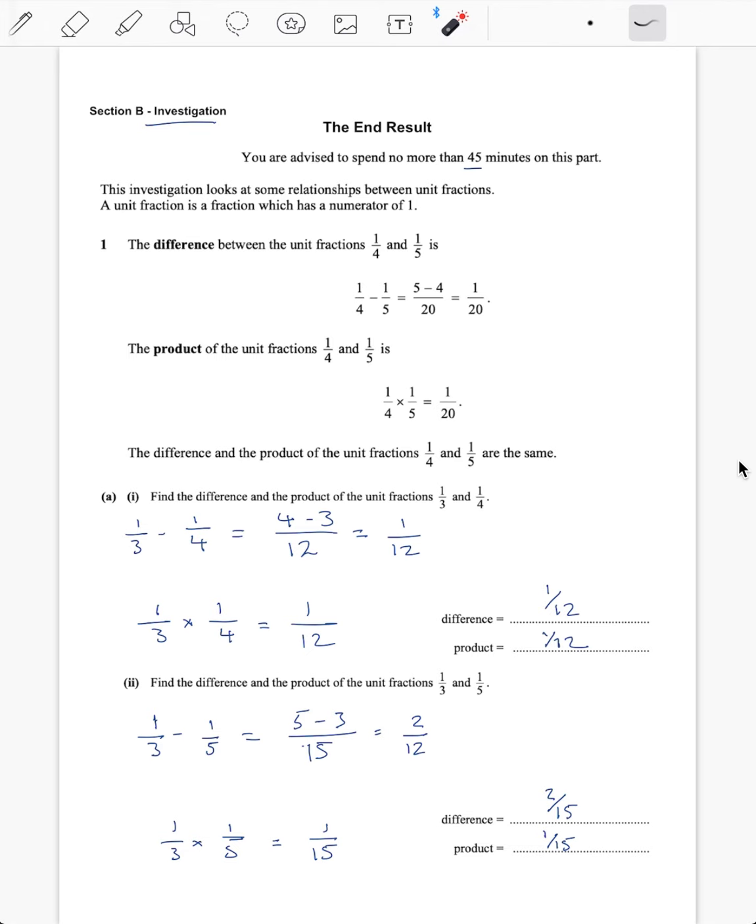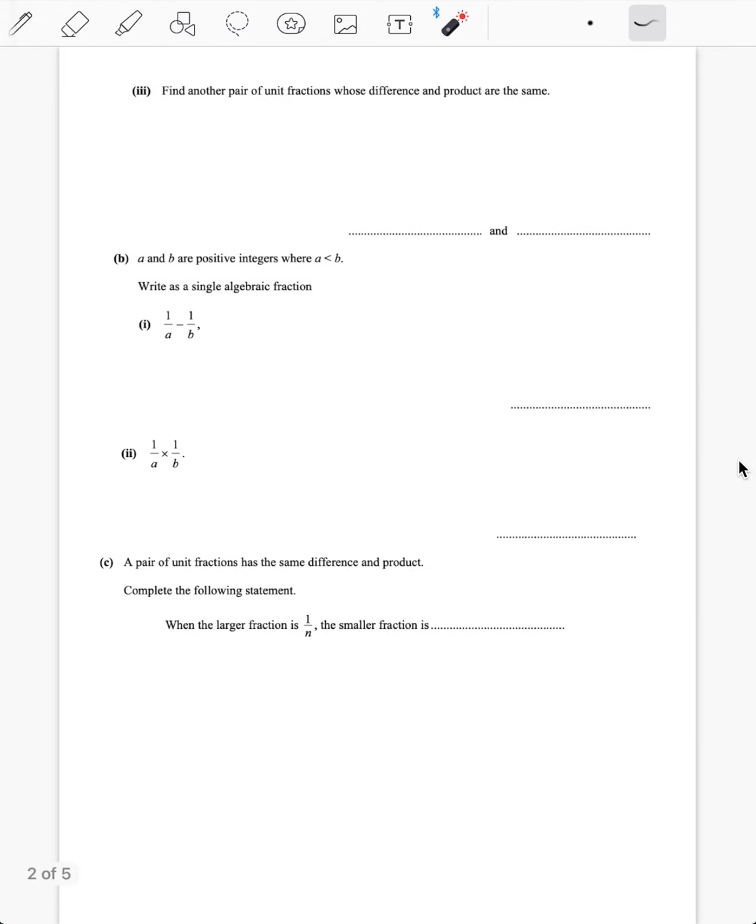So that's the sort of pattern that you're going to have to try and piece together when you're doing these types of investigations. Okay, let's just think about the numbers that I've done already. I've done 3 and 4. I've done 4 and 5. Maybe the next sensible one would just be to do 5 and 6 to keep my numbers as simple as possible. So consecutive numbers, 1 over 5 minus 1 over 6